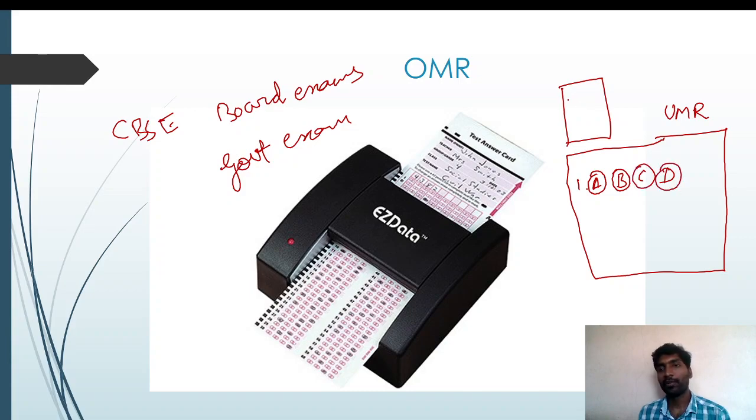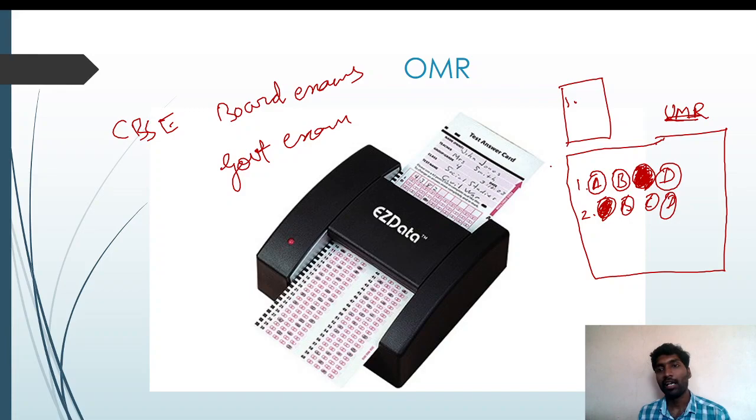Now in this question, you will read the question. When you read the first question, you think option C is correct. Now you have to shade here. And for question 2, same way, A, B, C, D, a circle will be there. Second question, you read, and if option A is correct, you have to shade it. So this is called an OMR sheet.